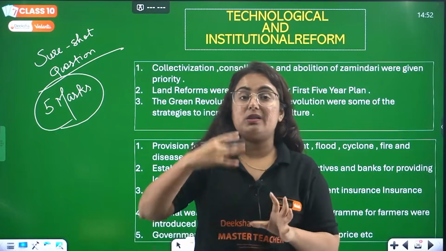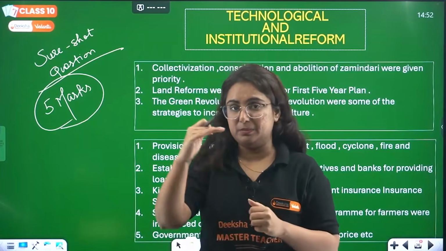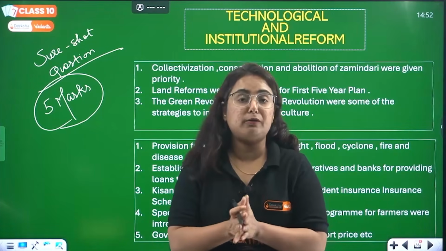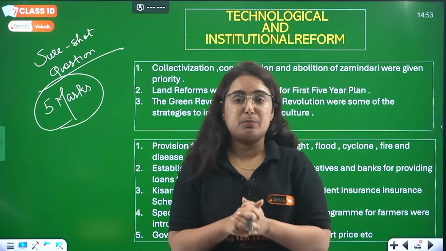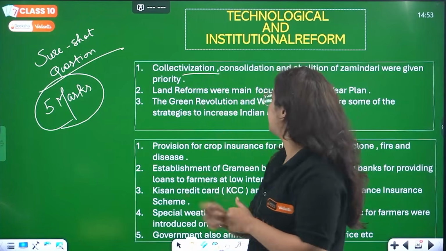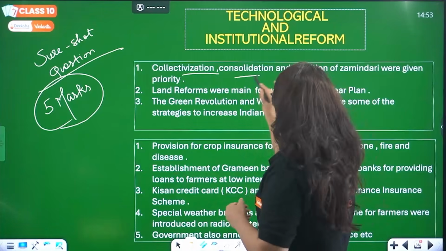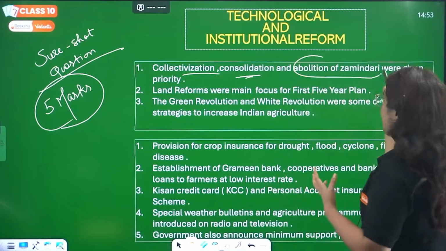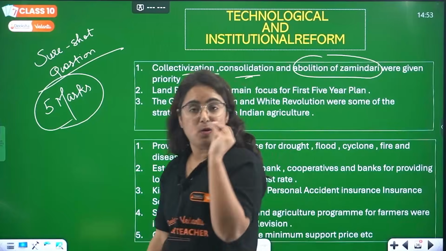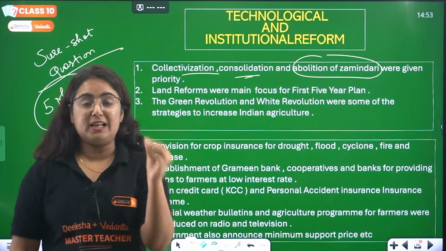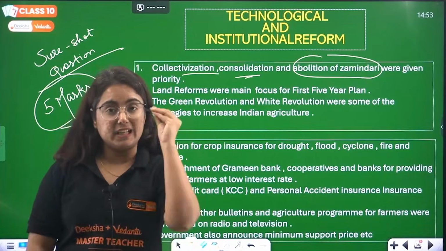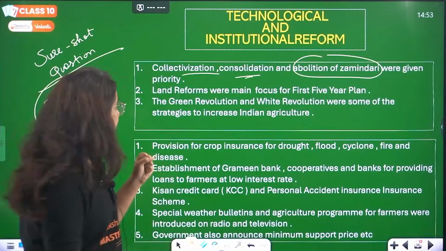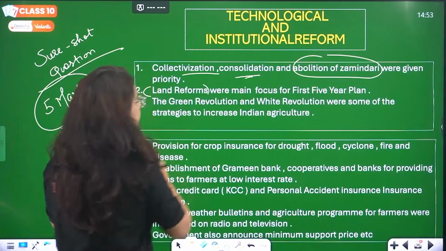They were zamindars, middle people. They were landlords who owned a large amount of land because of the policies of the Britishers, and hence there was consolidation, which needs to be ended here. So, abolition of the zamindari system. All these points were given priority after independence to make land access not equal but equitable among the people. There were land reforms introduced, beta.